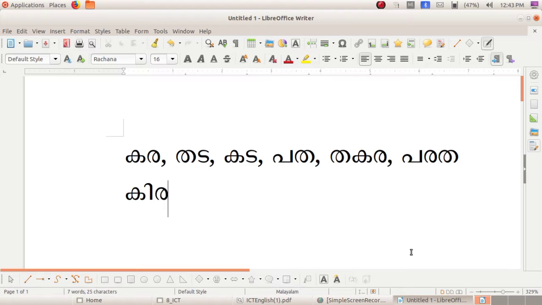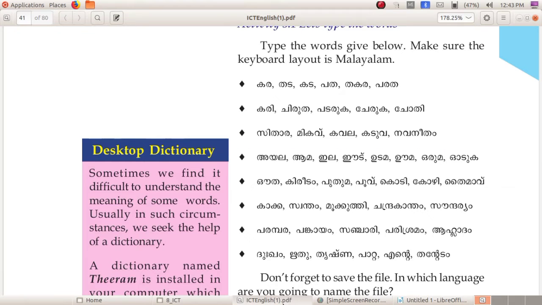Then J. Then Kiri. E symbol is in R. Kiri. Then Tha. Tha is in apostrophe. Then symbol is in X key. Likewise, you can type the Malayalam words and letters.